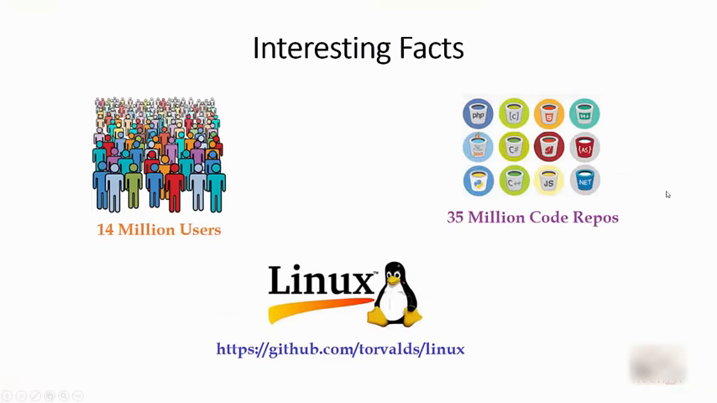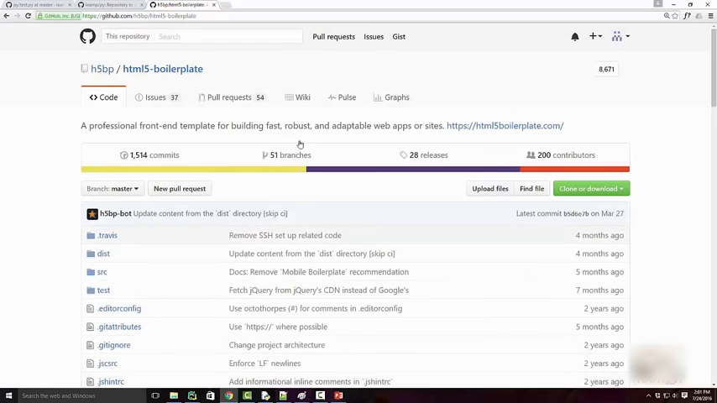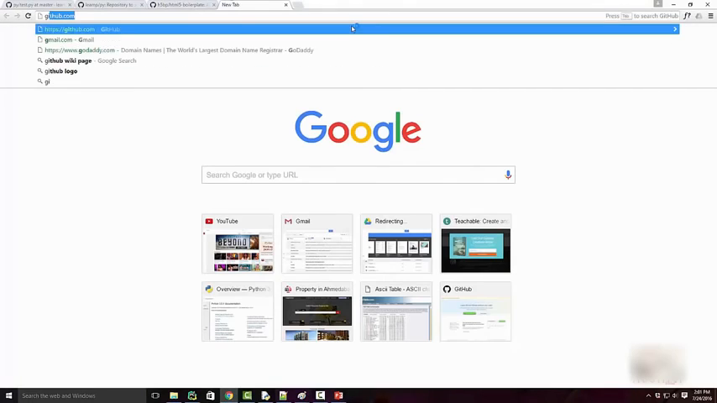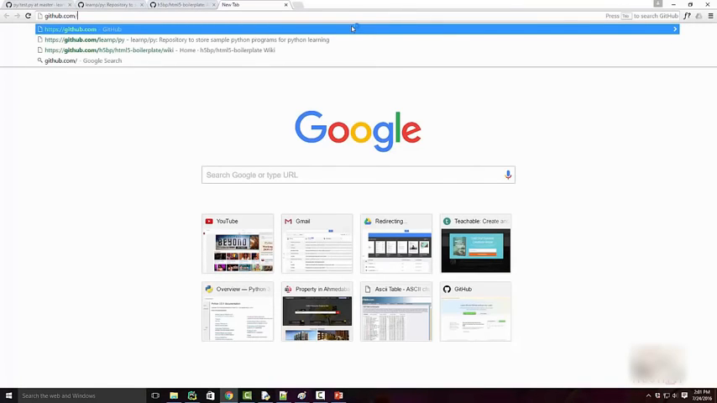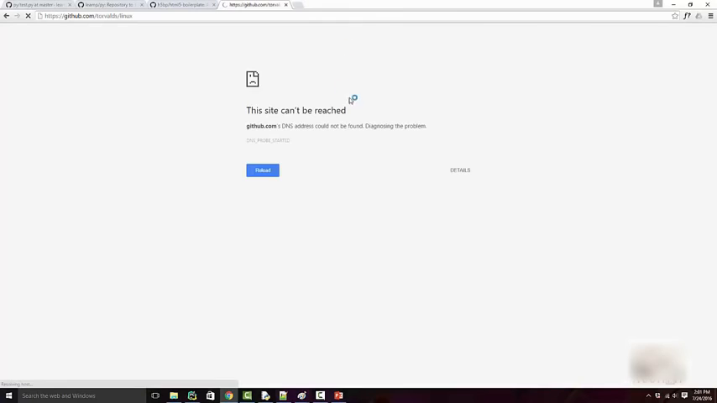Now there are some interesting facts about GitHub. It is very popular nowadays. There are 14 million users with 35 million code repositories. Some of the popular open source projects such as the Linux kernel have been posted on GitHub. So if you go to this link, github.com/torvalds/linux, you will see the code for Linux there. I would say let's try this. So let's go to github.com/torvalds/linux, and